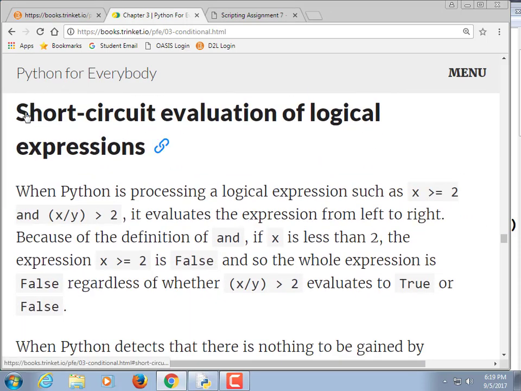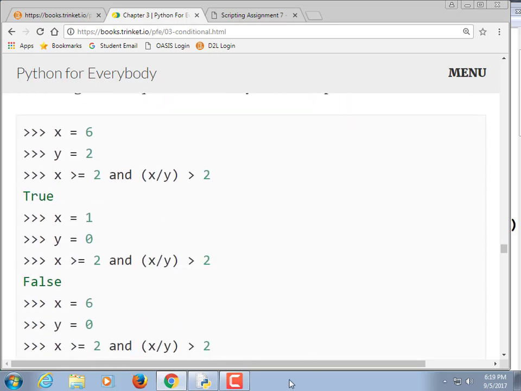So, short-circuit evaluation of logical expressions. This is a little bit more wonky and computer sciencey than the physical textbook goes, but this is true in C++ and in Java and in a whole bunch of other languages. What short-circuiting means